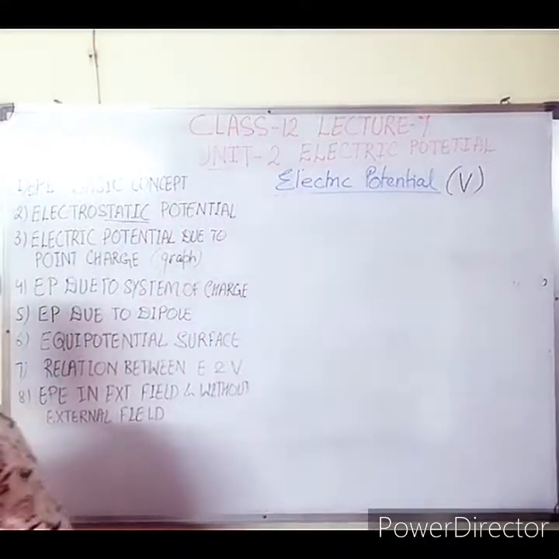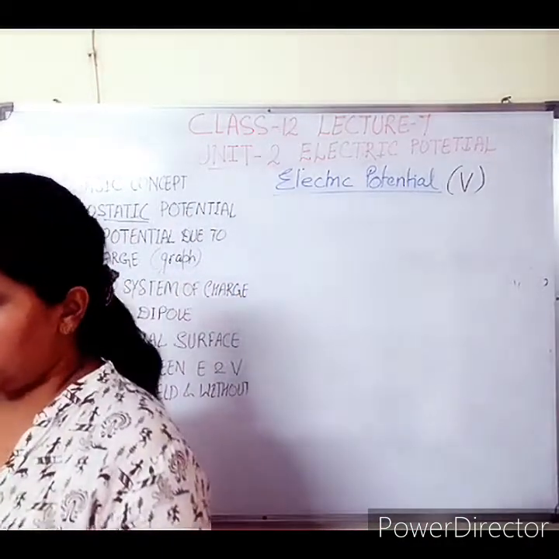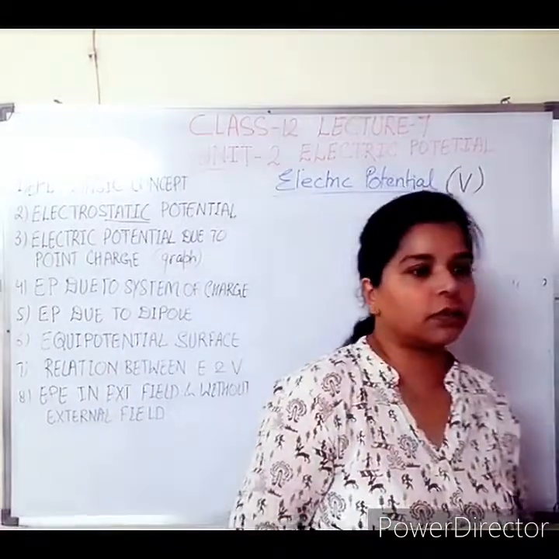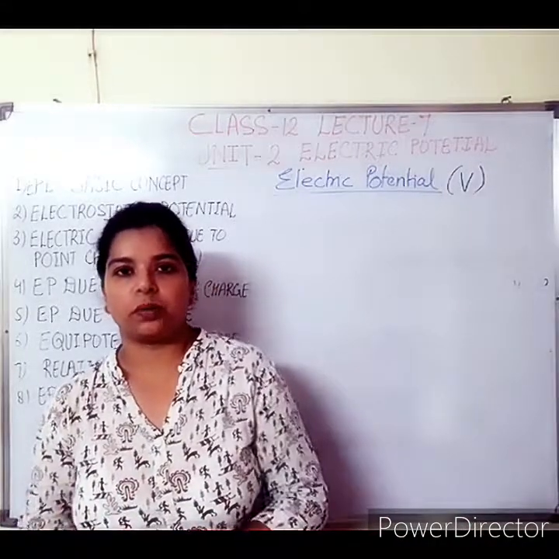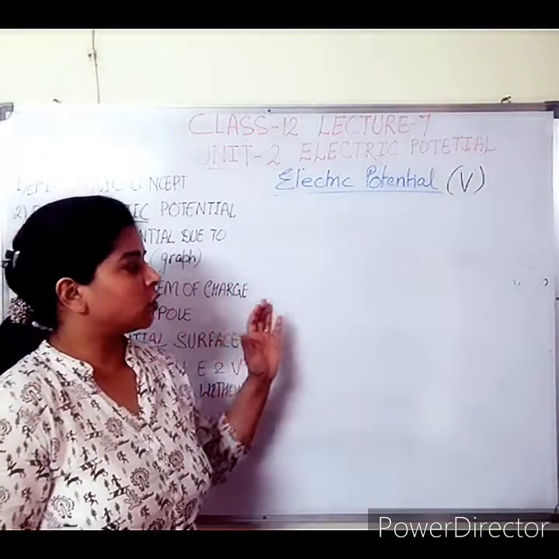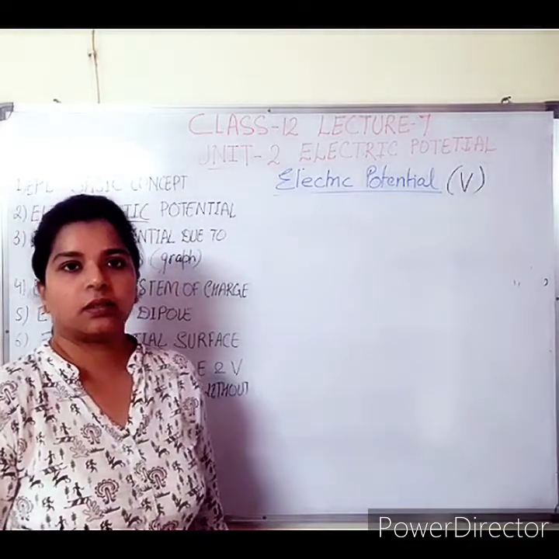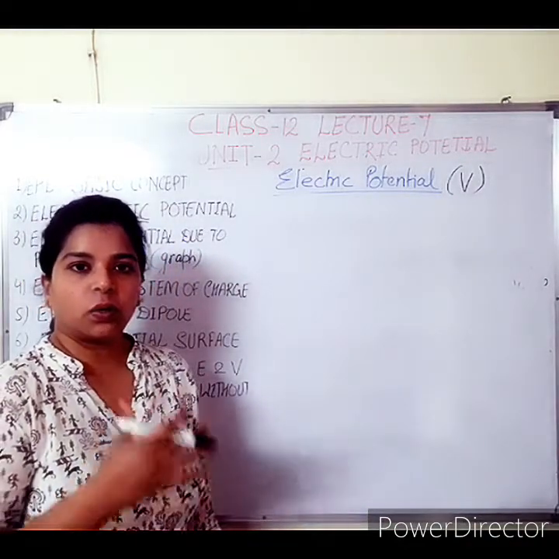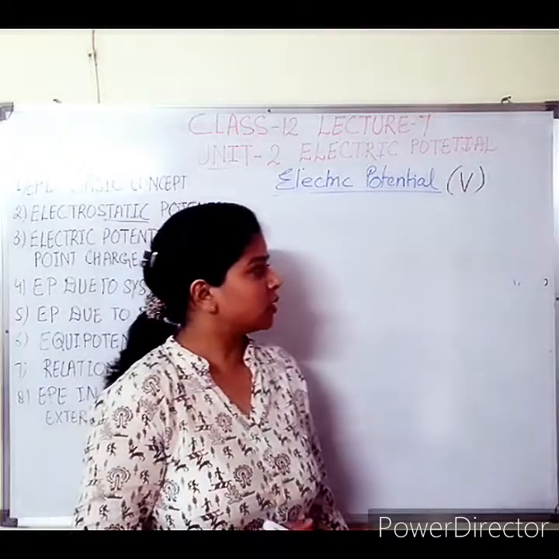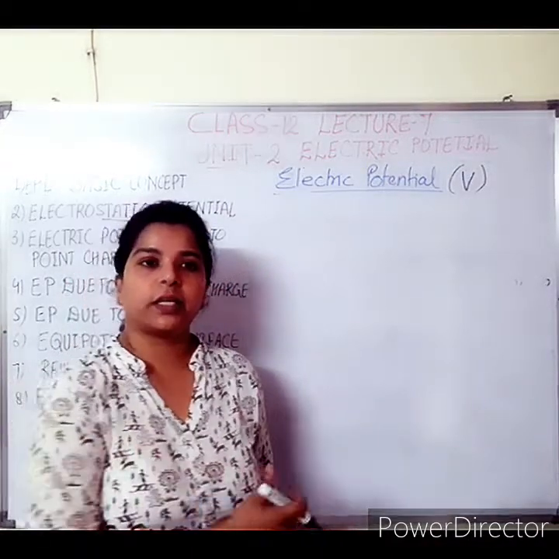So you can note down this conclusion. The first point we have concluded here is that positive charge flows from the positive terminal to the negative terminal, or higher potential to lower potential. Remember this point, it will come in many other topics. So positive charge always flows from higher potential to lower potential. Second point, negative charge flows from lower potential to higher potential. Third point is that electrons always move opposite to the direction of the electric field.